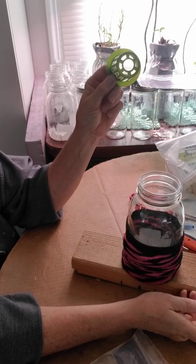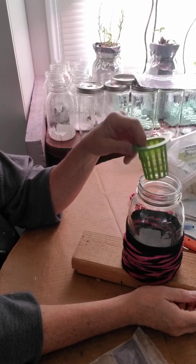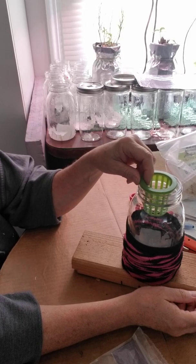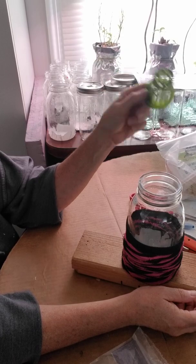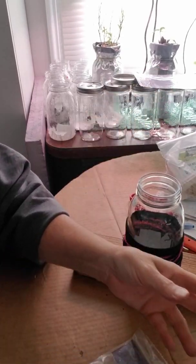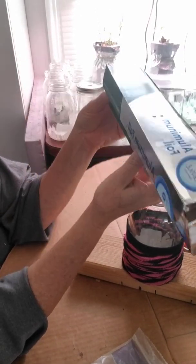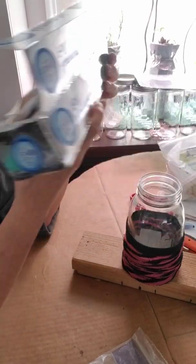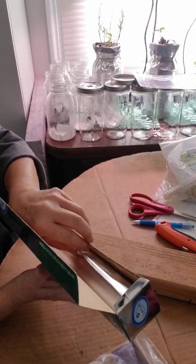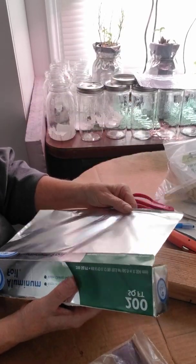So that was probably my biggest source of experimentation. What will work as a medium or a container to hold the plant as it develops? I came up with it. It's quite successful. I really like it. I went to the store and I bought 200 square feet of aluminum foil, and it's going to last me a long time. So what I do is I take a sheet of aluminum foil about that big,